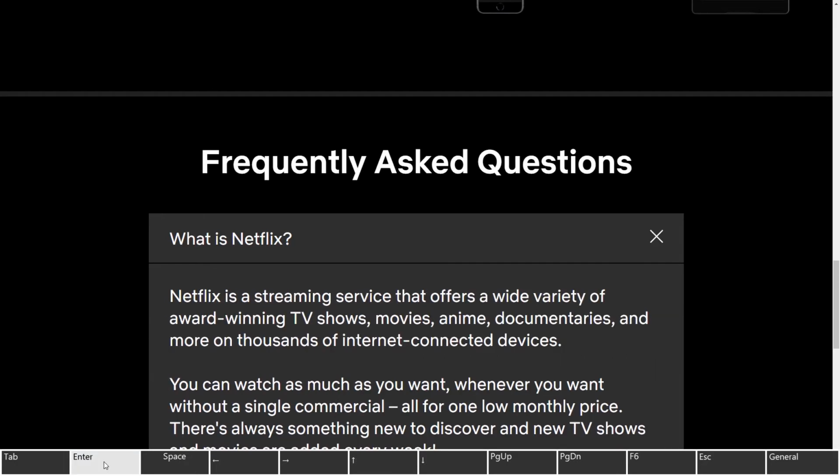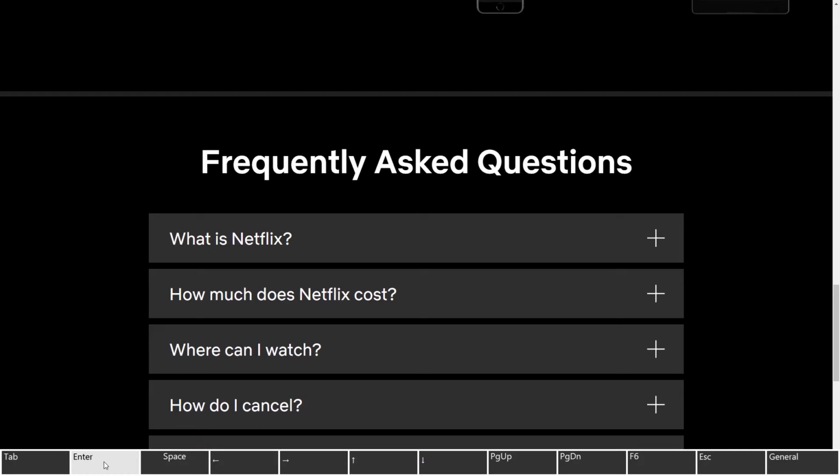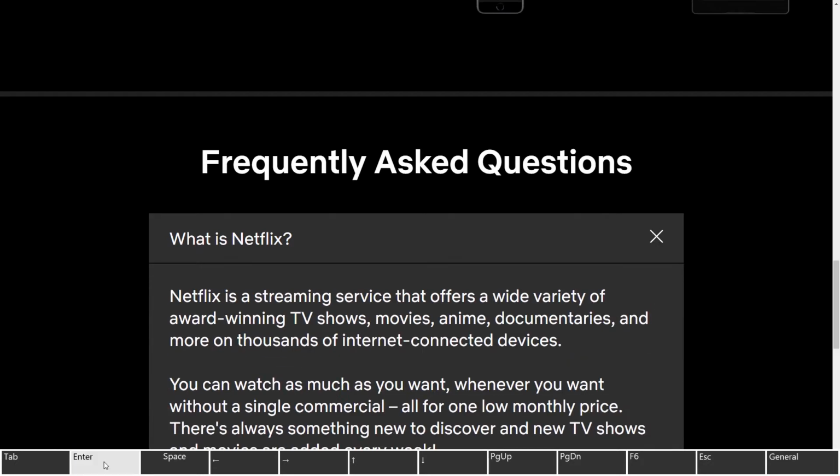And this is really bad, because if I was a sighted user browsing the website with my keyboard, and for whatever reason, let's say I have carpal tunnel or cerebral palsy, I was unable to use my hand as freely as you would need to use a mouse, then if I was browsing the site, I wouldn't be able to see which element I have focused. That's why the focus ring is so important. And Netflix has screwed up here.